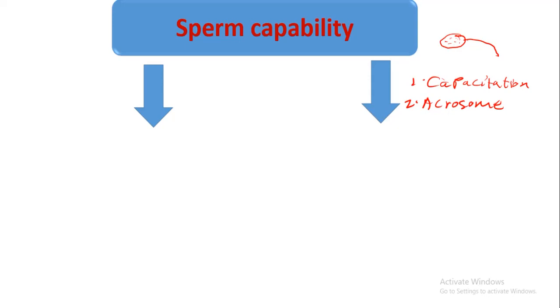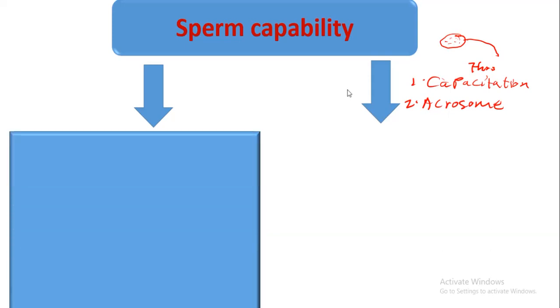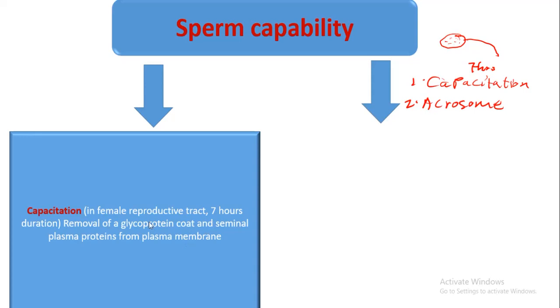So when we talk of capacitation, this is taking place in the female reproductive system, in the female fallopian tube. This is where this process is taking place, and normally it takes about 7 hours for it to take place. Now, you need to understand that this process of capacitation involves the removal of the